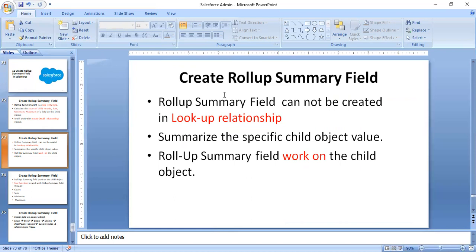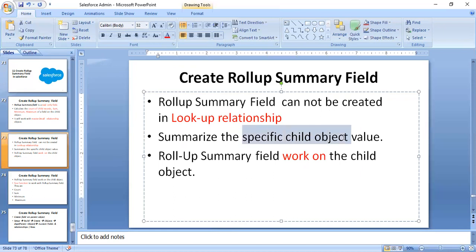This particular roll-up summary field is used to summarize specific child object values. Which type of summarization? Sum value, maximum value. For example, you have employees and the employee salary. For example, 10 employees are there.